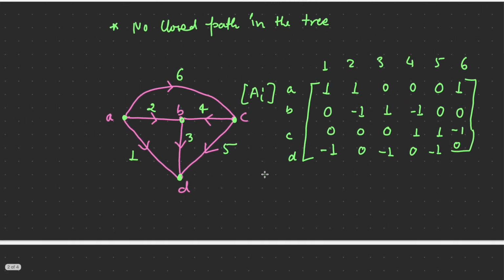There is a rule for the incidence matrix. We can cross verify it. If we add up the elements of one column, the summation of all the numbers should be 0. So you can see here -1 plus 0 plus 0 plus 1 is 0. In the same way, for this one, 1 minus 1 plus 0 plus 0 will be 0. If we add in all the columns, we will get a summation of 0.